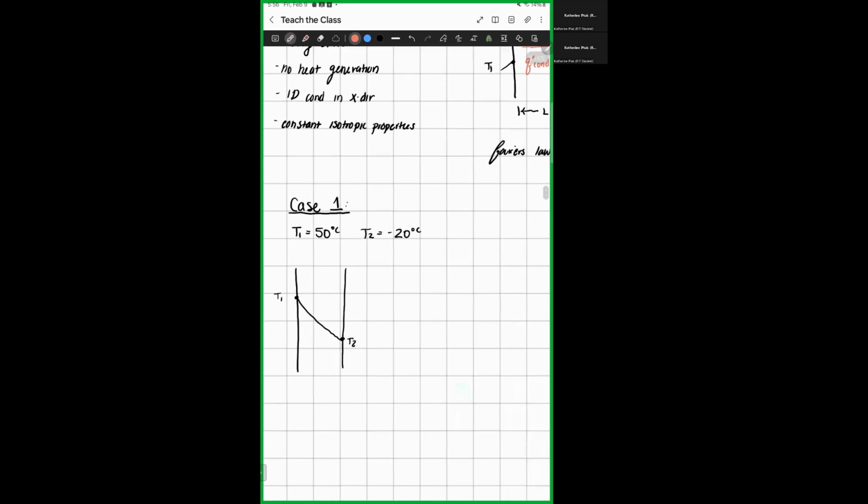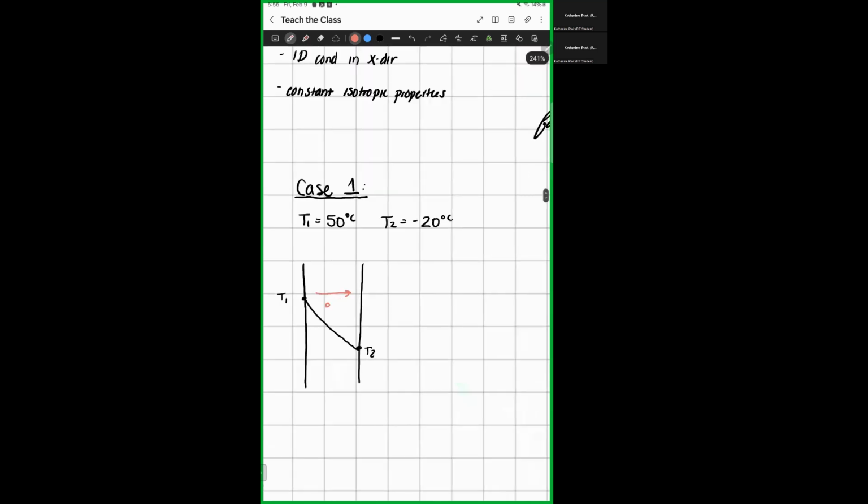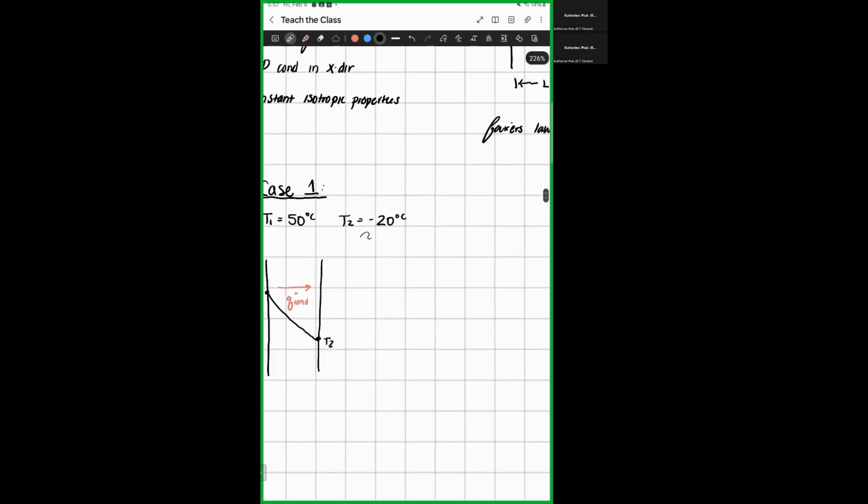And again, just so the math works out, we're going to draw that like that. So first we will solve for Q conduction, the heat flux, which equals negative the 50 watts